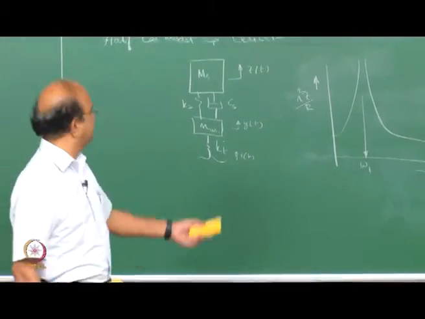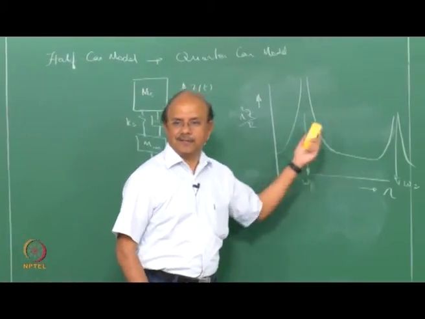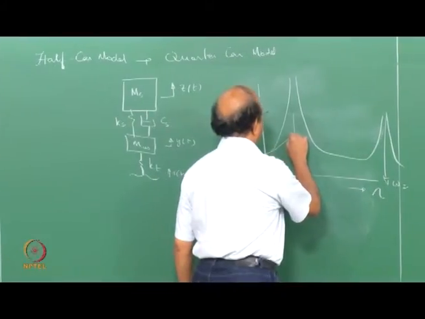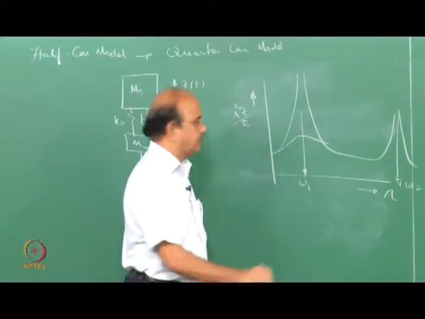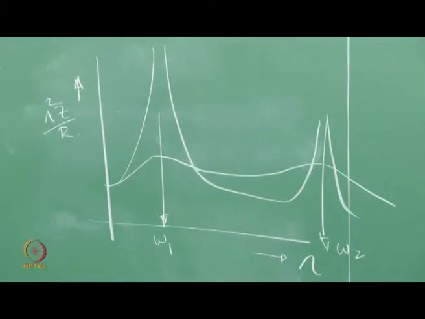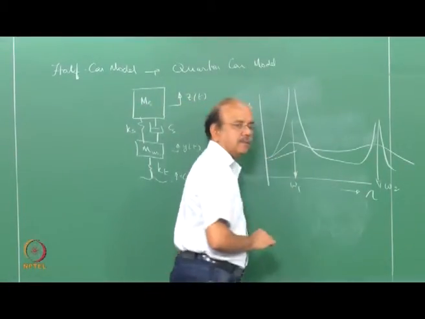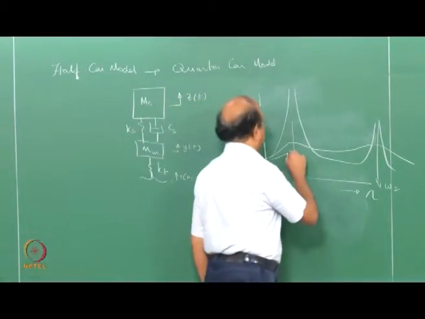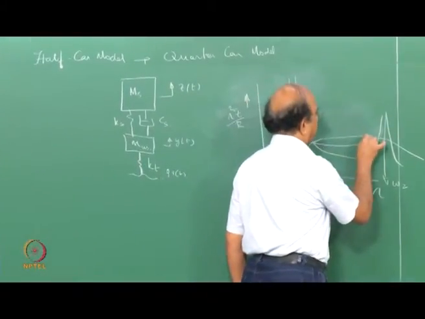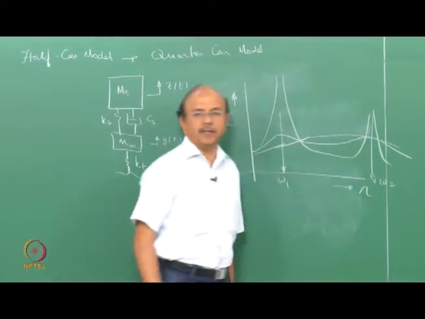Obviously, all of you know that this won't be infinity, and it will come down. For example, at one level, it will come down like that, and it will be like this. When I now increase damping, it may come out like this, and then pass through the same point. It may increase, pass through the same point, and it can be like that.